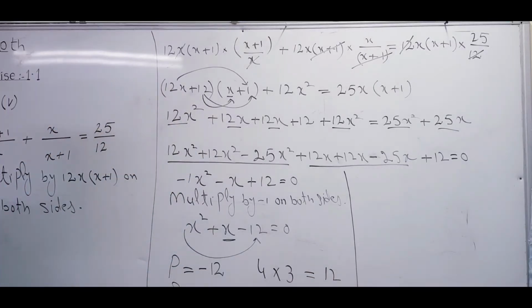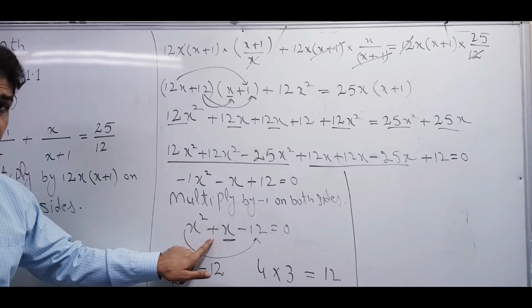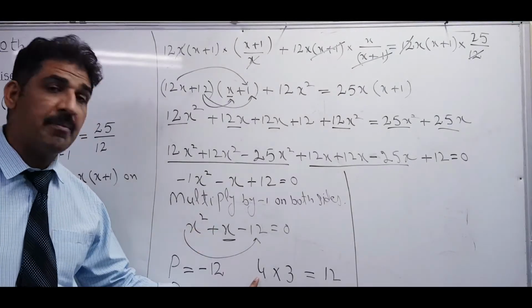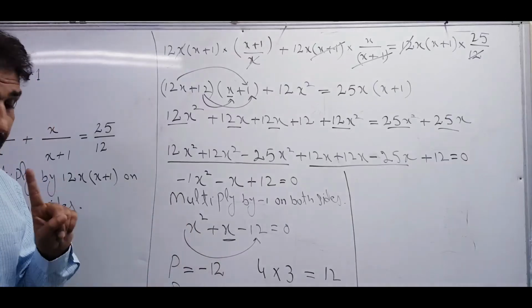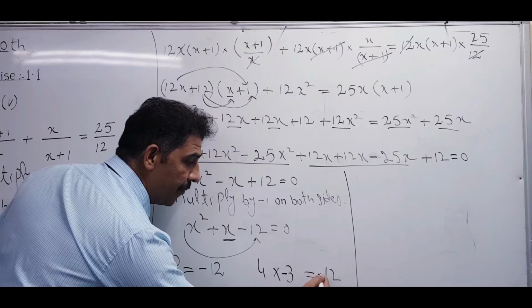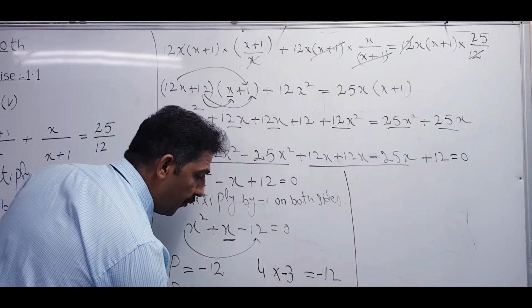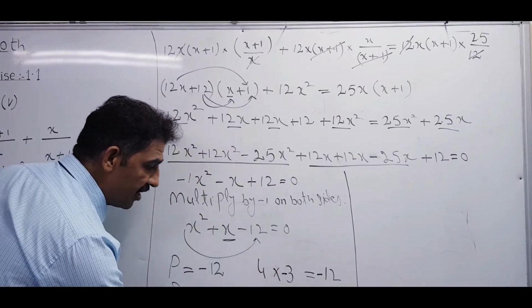We need minus 12. It means that we have to change the sign of one number, not both, change the one number. So if the second term is having the positive sign, use the big number have the positive sign. If this sign is the negative, the big number has the negative sign. Here second term is having the positive sign, so big number having the positive, the smaller number have the negative sign. So 4 into minus 3, that is the minus 12. And when you will use that 4 minus 3, so answer is equal to 1. Satisfy the both condition or not?